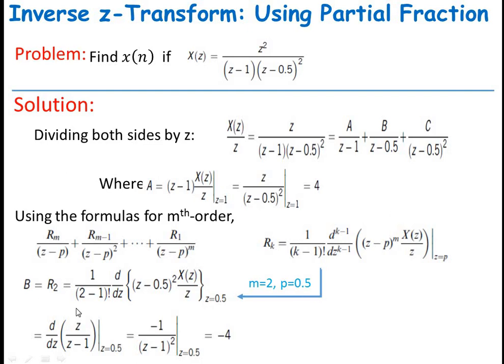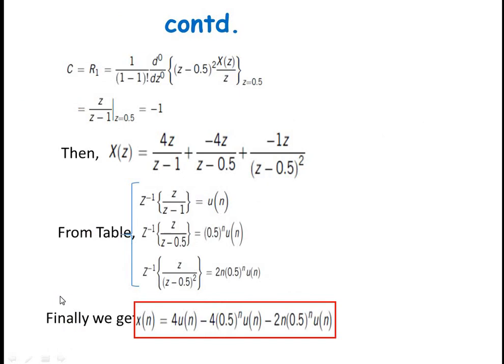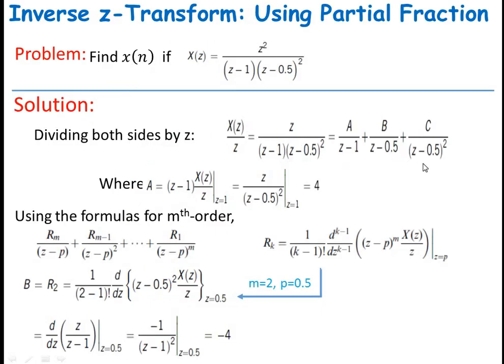So the thing that we have to keep in mind is, for finding if you are having any repeated poles, for finding that very first value, we are going to start with a k value as 2, and the second one is a next pole, that is a constant, that is c, and we have to consider that as r1. So the k value is 2. So here we are having only 2 repeated poles. So the very first one is 2 and the second one is 1.